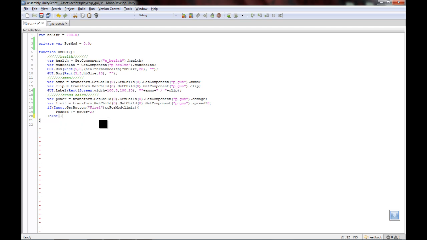So else, we want to check if the position modifier is bigger than 10, so they won't go all the way in and just collide with each other. You'll understand what I'm saying once you actually fire it up. So if the position modifier is bigger than 10 and it's not bigger than the limit, then